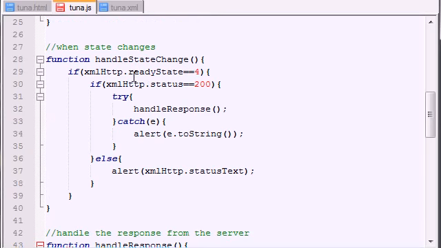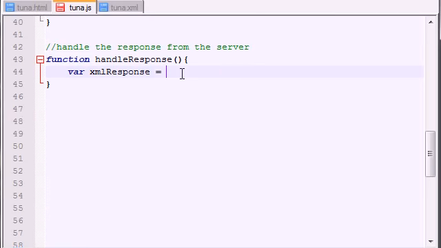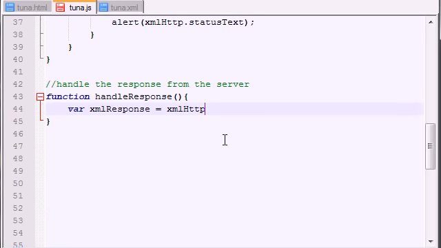Let me see if I can steal my object from somewhere. XML HTTP response XML. So now we got the entire response, which is basically this entire file, stored in this variable XML response. Simple enough. So now what we want to do is start extracting the information, but we